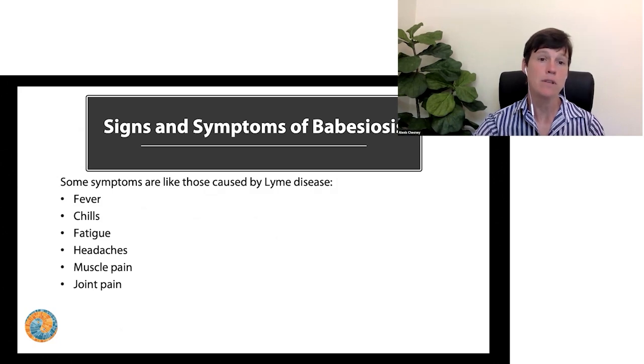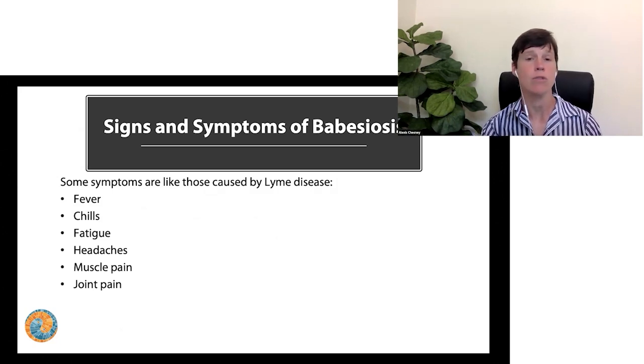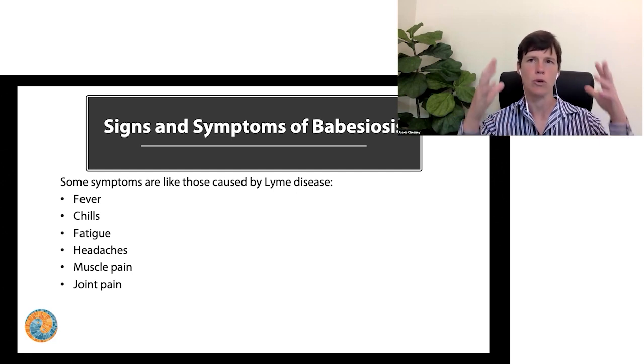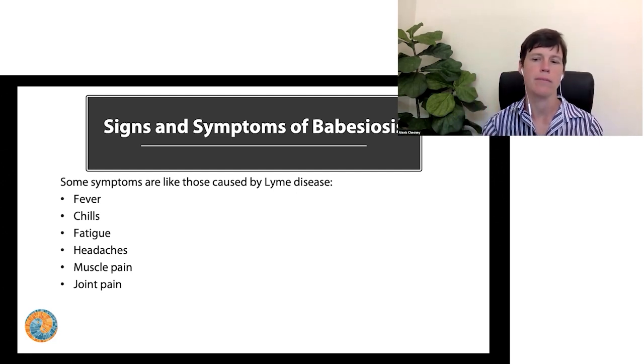And signs and symptoms. So again, fever, acutely, any of these tick-borne diseases will cause fever. Fever, chills, fatigue, headaches. Headaches for Babesia are more like a pressure headache. Muscle pain and joint pain. Joint pain isn't too big in babesiosis. But remember, you could have Lyme and babesiosis transmitted. These ticks might be carrying multiple pathogens, and they can transmit them. So it might be a mixed picture. And so getting thoroughly tested and treated is really important, especially when we're dealing with a parasite like this that